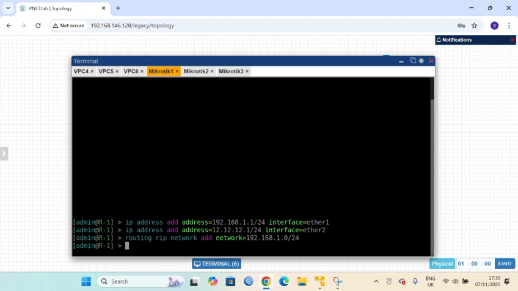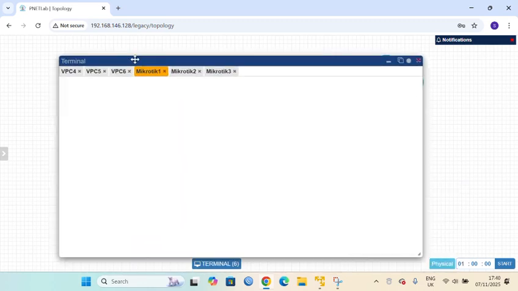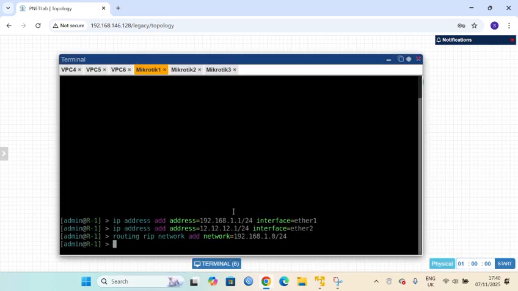And we route this because the networks connected to router 1 are 192.168.1.0 and 12.12.12.0/24. So we will configure the RIP route just for those networks. So this is 12.12.12.0/24, and we enter.